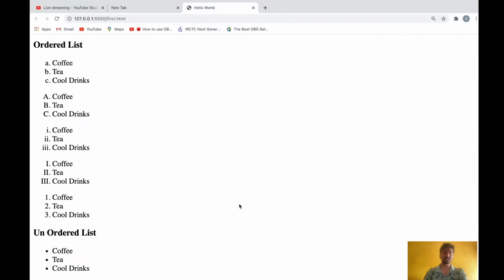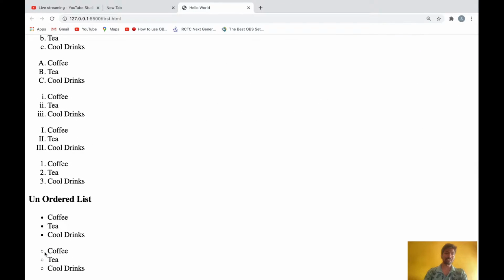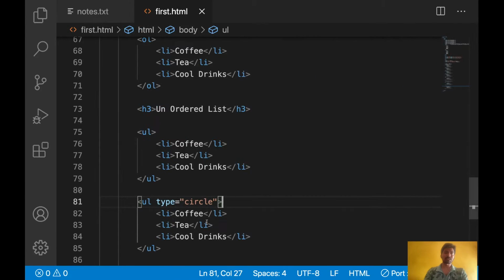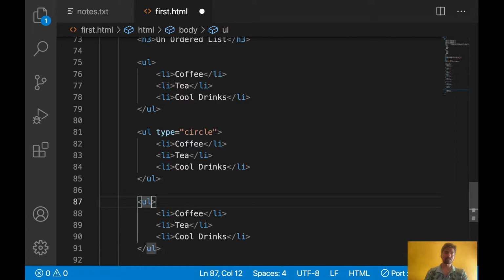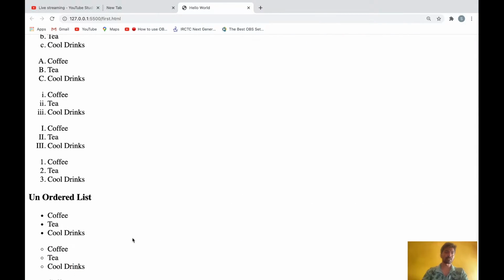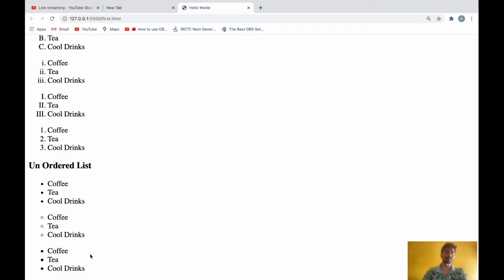Let's see what will happen. See, now circles are coming instead of bullets. Now I want to change it to square. Go here and change it to square. Let's save it and see, square is coming.